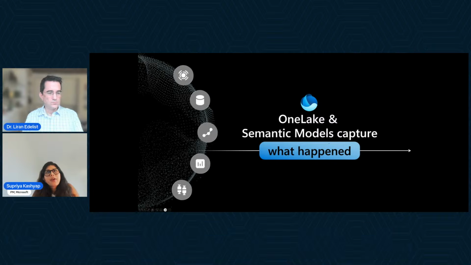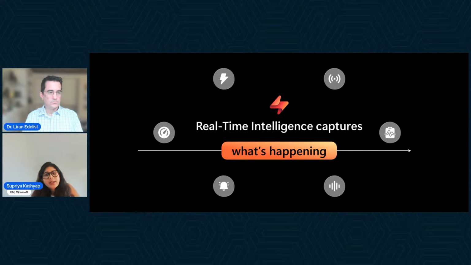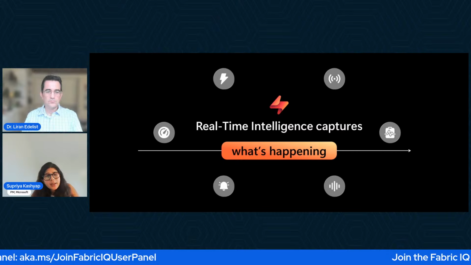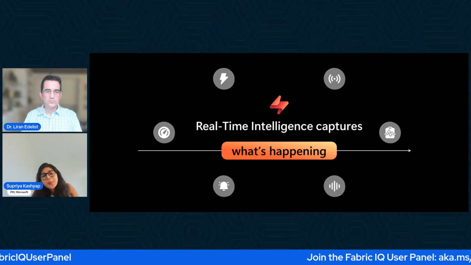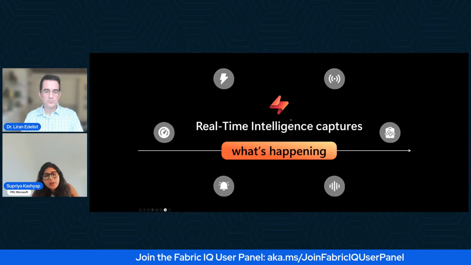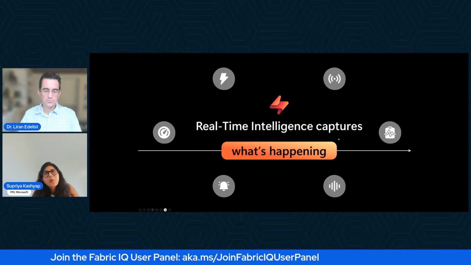Another workload in Fabric that you were very familiar with is real-time intelligence. Now, real-time intelligence extends the context that OneLake has provided with past data into present. So with streaming, monitoring, you would get to know what is happening right now. So far, everything in your data estate is either backward-looking or present-looking, which basically begs the question on where do you track what should happen,